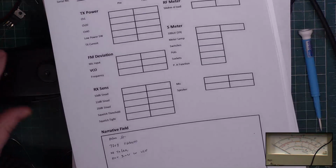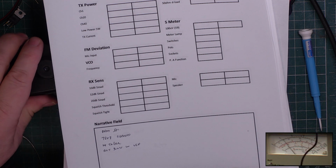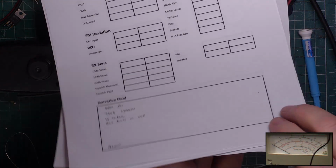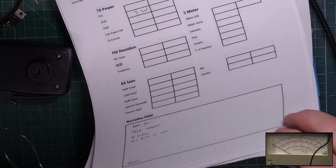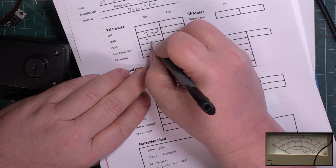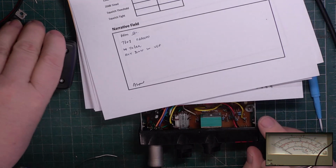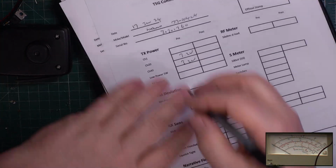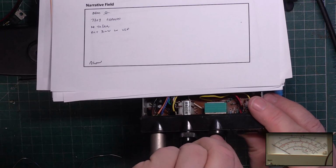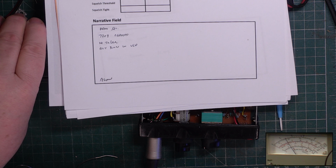So now we've got transmit, let's see what it's doing. It's doing more than 3 watts, that's good news. It's doing 3.2 watts. Let's change channels. Low power is 1 to 310 milliwatts,